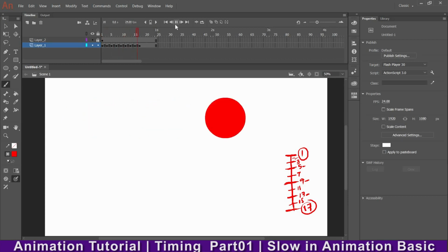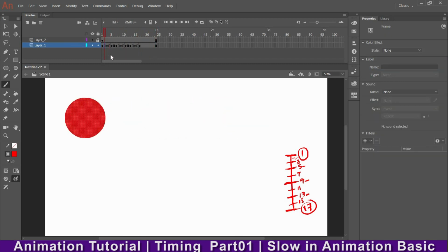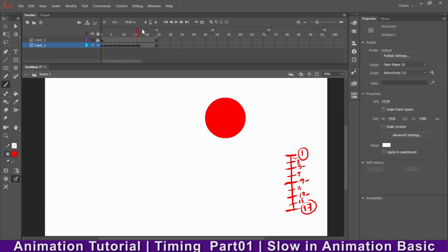See, okay, if you want a more smooth drawing, then you can add one more drawing in between 1 and 3, so it will look smoother. There is no slow in slow out in this animation. It is going at a uniform speed.